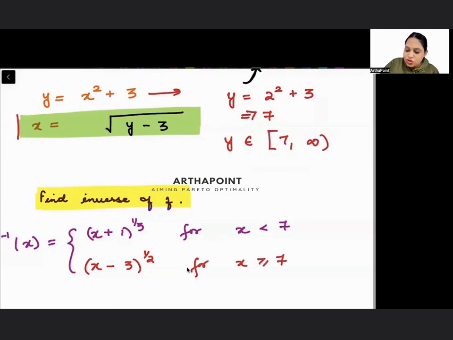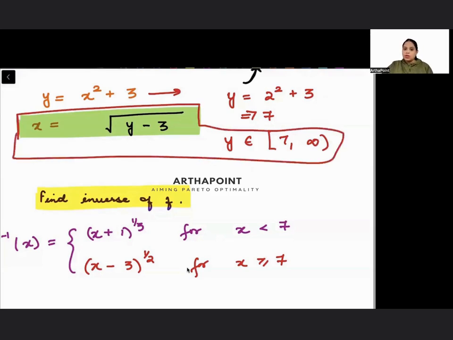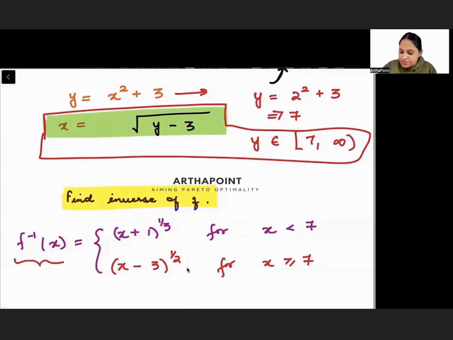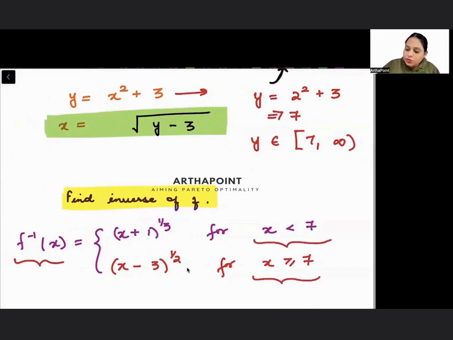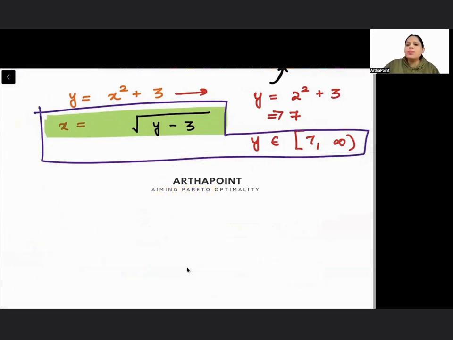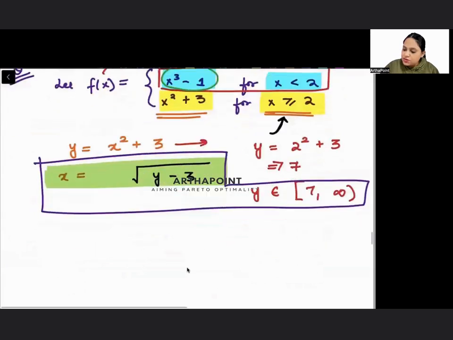But since this function of mine, I am writing it as a function of x only, because we wrote f inverse x, we are writing in terms of x, therefore here we are writing it as x. Right? If you think about it like this, it is also correct. There is nothing wrong in it. You can also write it as two inverses. The first inverse